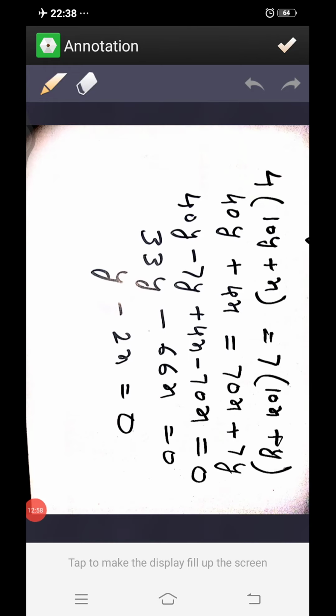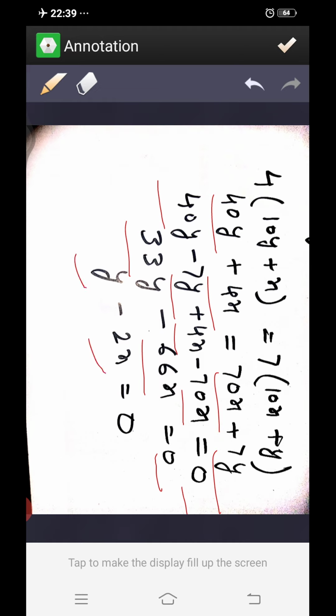So here we have got this 40y plus 4x equal to 70x plus 7y. Now we bring all the things one side. 40y minus 7y, 4x minus 70x equal to 0. So we get 33y minus 66x equal to 0. We can see that this whole equation is divisible by 33. So we divide this whole equation by 33. So we get 1y minus 2x equal to 0. This is our second equation.